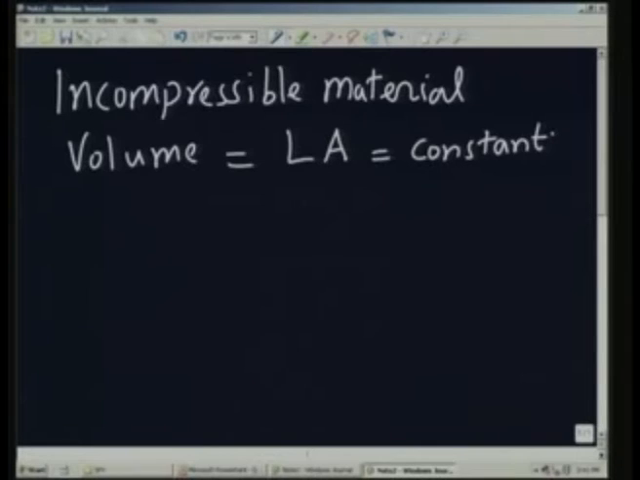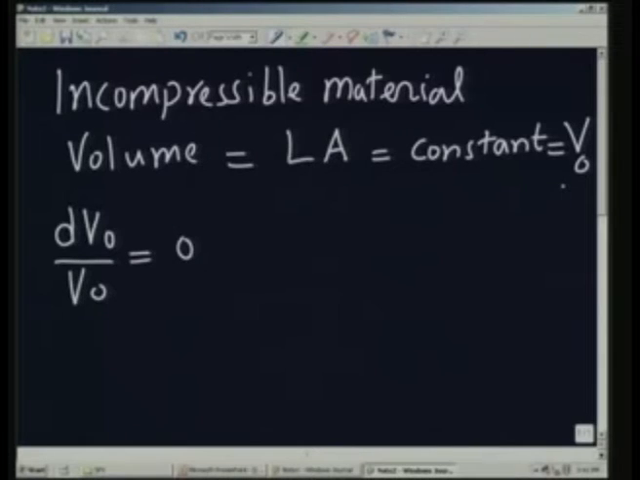Okay? The volume remains constant. That means, when you have a deflection or change in L, A will automatically change such that the total volume is going to remain the same. So, we can do the following. I will call this constant equal to some V, which is equal to, let us say, V naught. So, we will say dV naught by V naught equal to 0,